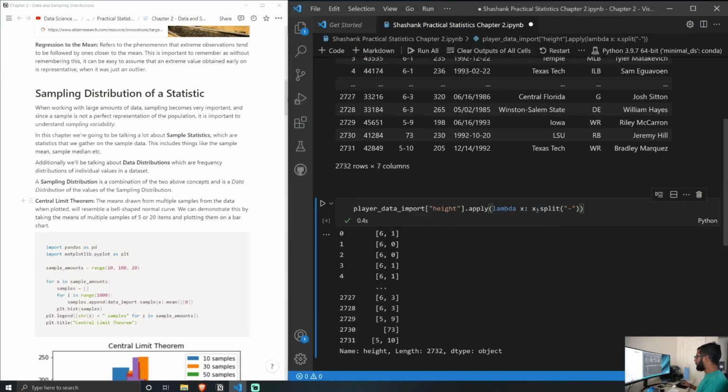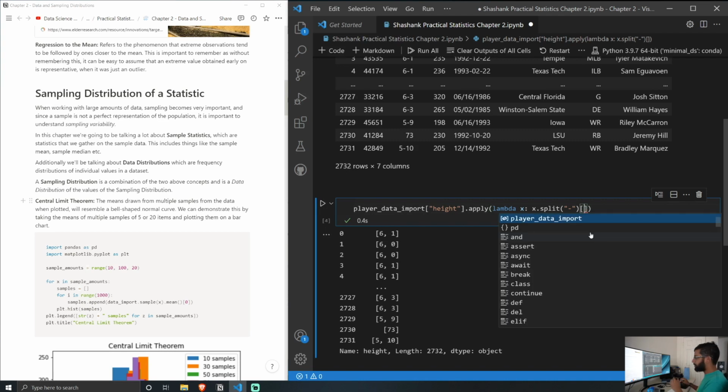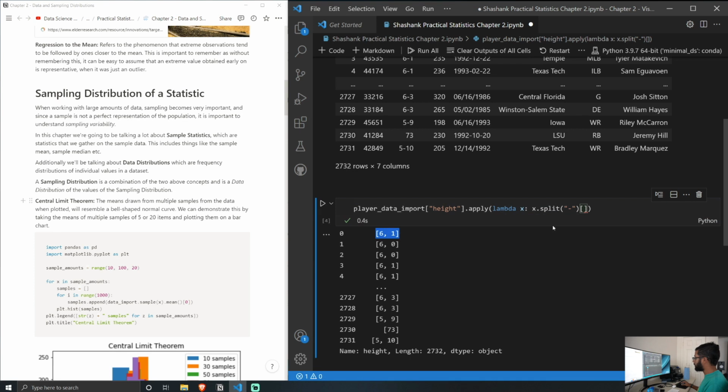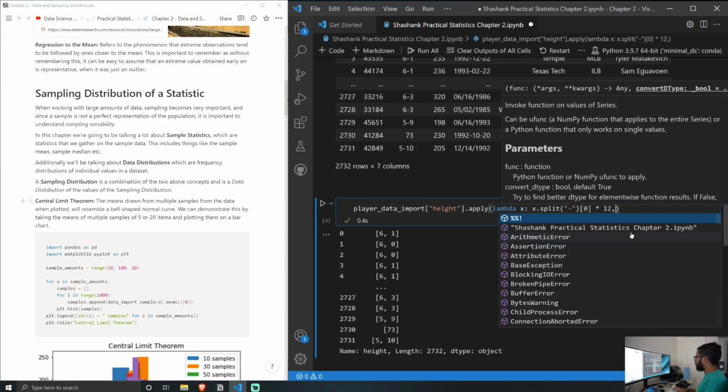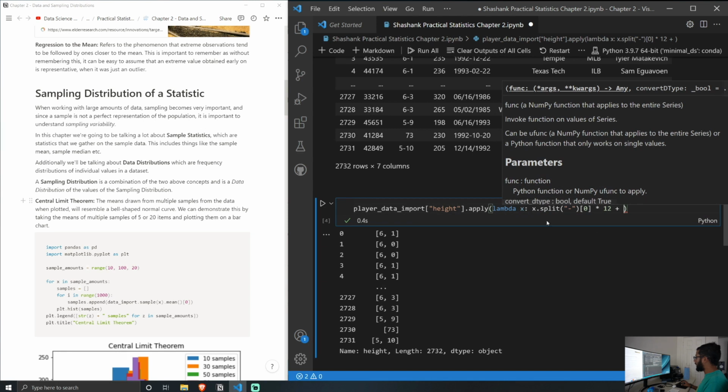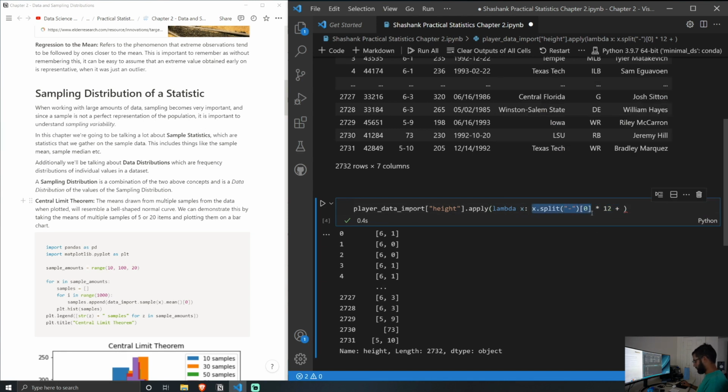So what I want to do is the true condition. Basically, if the array has a length of 2, if the list has a length of 2, then we want to do x dot split and take the 0th amount, this, and then multiply that by 12, and then add that to x dot split, Control C, 1,